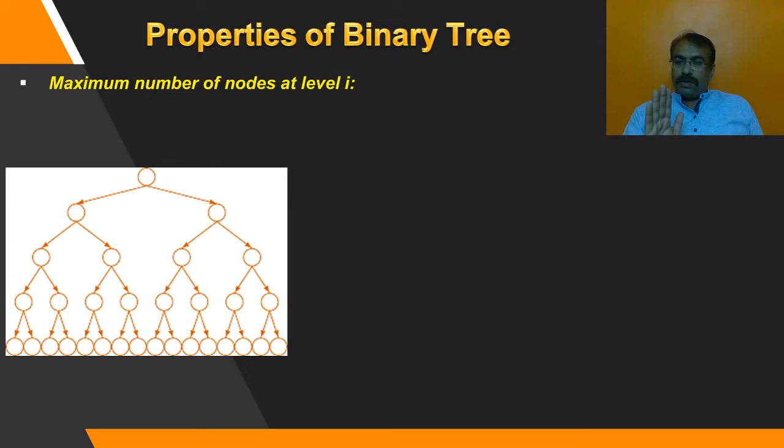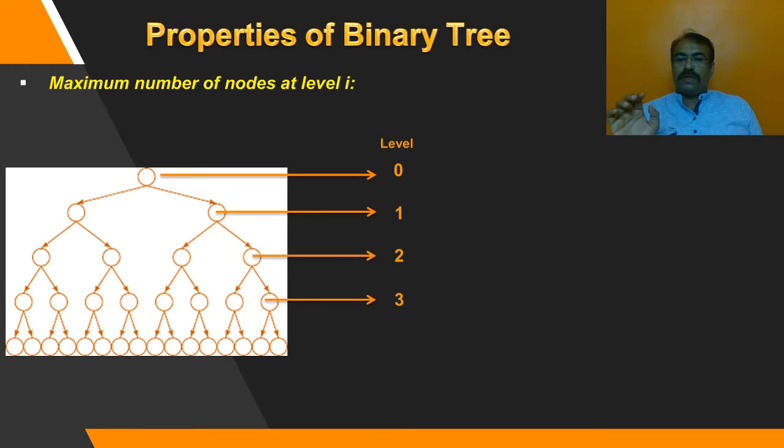You have all the nodes with two children. It's not like any of the nodes have only one child. Okay, so this is a leveled structure. This is how a binary tree will look, and the number of levels we have is 5 here: 0, 1, 2, 3, 4. So at the 0th level we have a root, then this is the first level, second level, third level and fourth level.